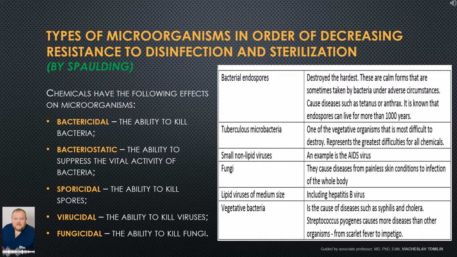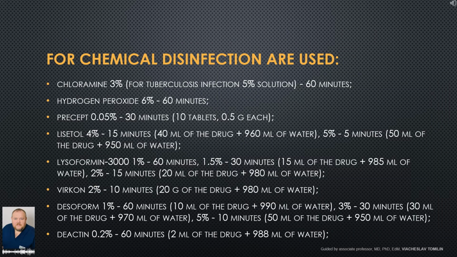Chemicals have the following effects on microorganisms. Bactericidal, the ability to kill bacteria. Bacteriostatic, the ability to suppress the vital activity of bacteria. Sporicidal, the ability to kill spores. Virucidal, the ability to kill viruses. Fungicidal, the ability to kill fungi. For chemical disinfection are used: